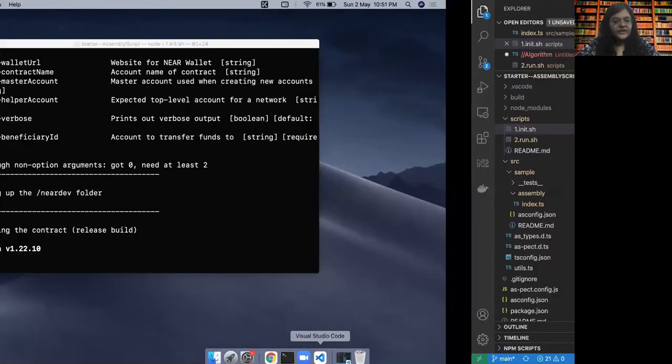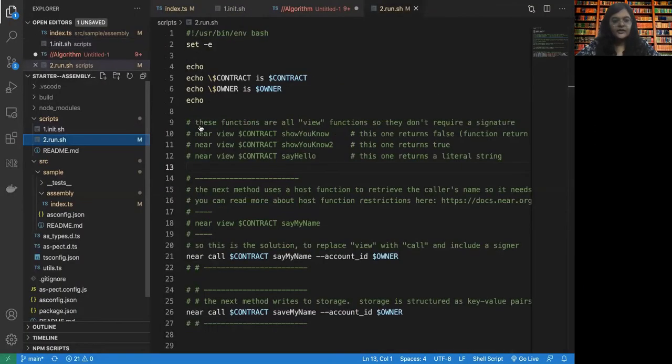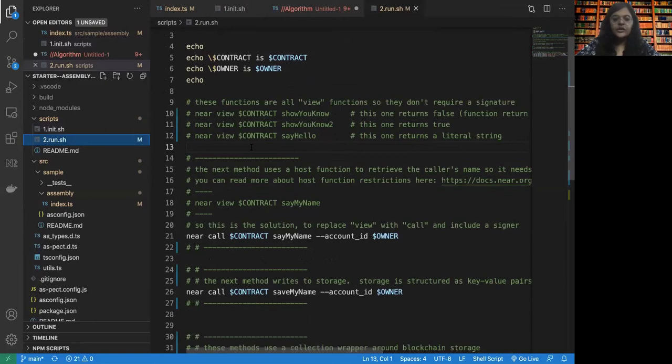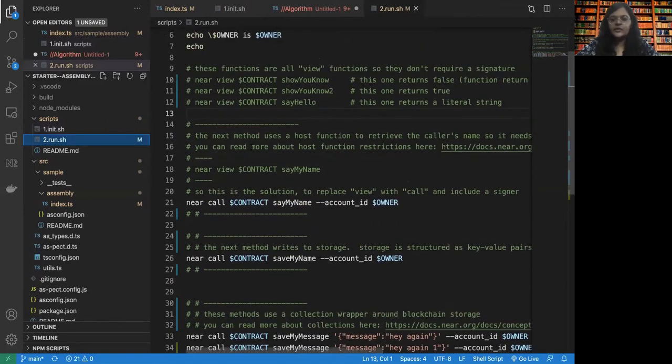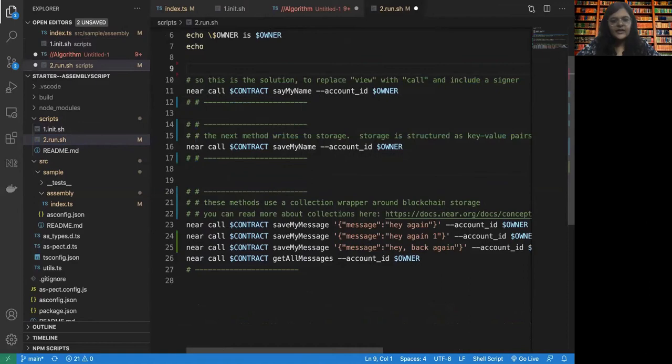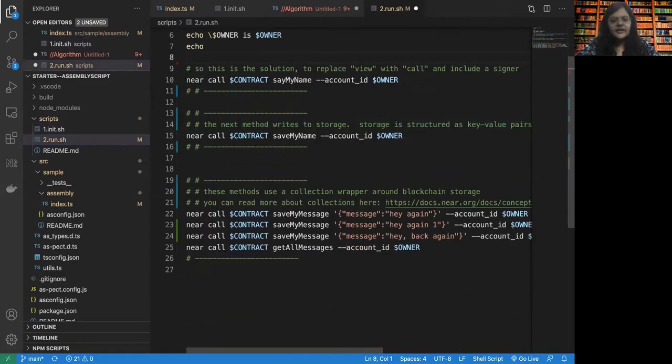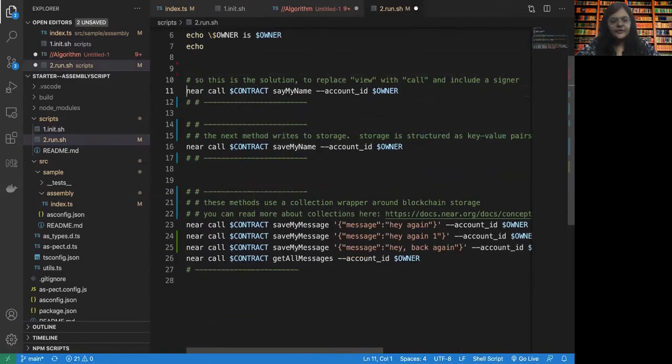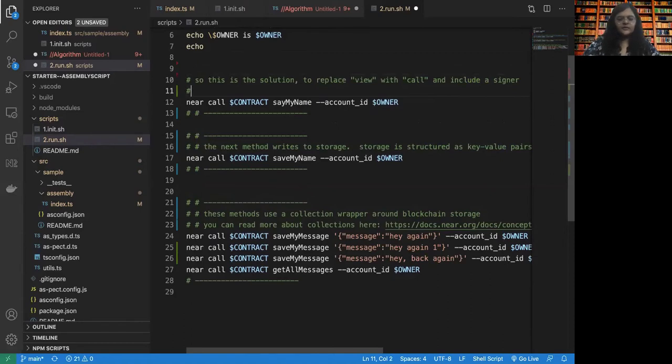Meanwhile, we can go to to.run.sh and start figuring out what functionalities we need to call the contract. So let us just delete these, right? And say what should be the first function, step one, create a roulette game.